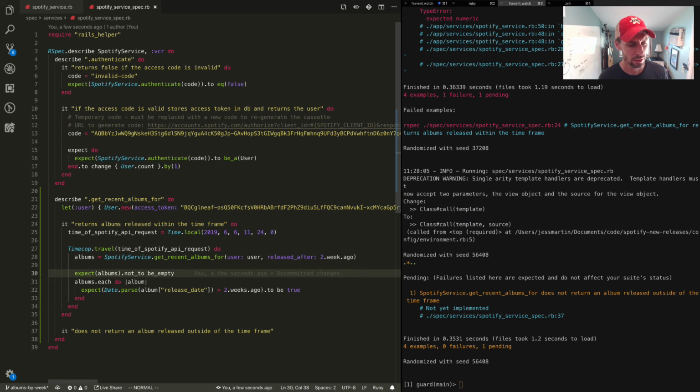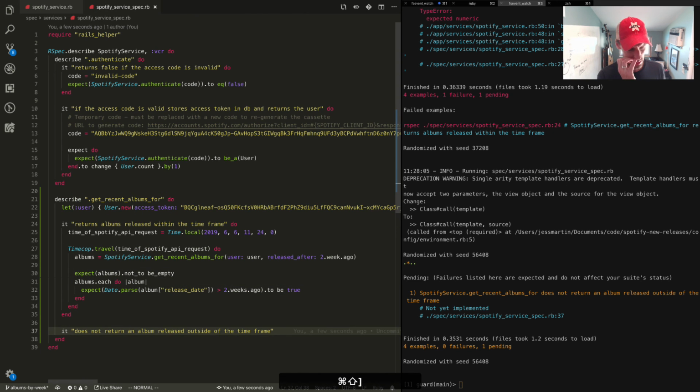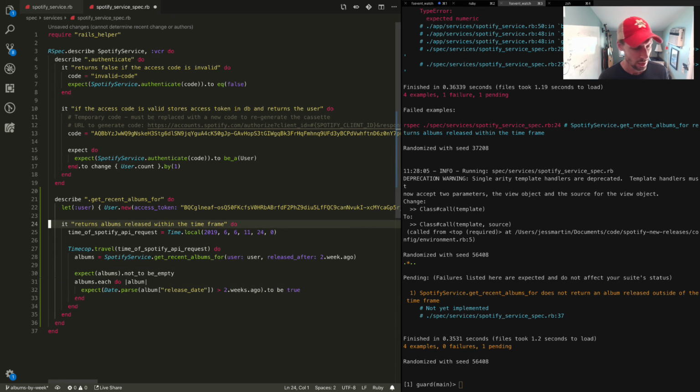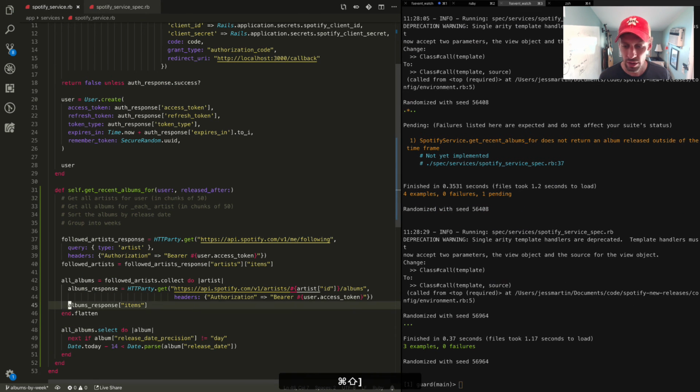All right, so that now passes, and you know what, now that I think about it, this negative assertion isn't necessary because we're going to check and make sure that everything isn't within the time frame. Cool. All right, so now we have a test around this and we can start refactoring,